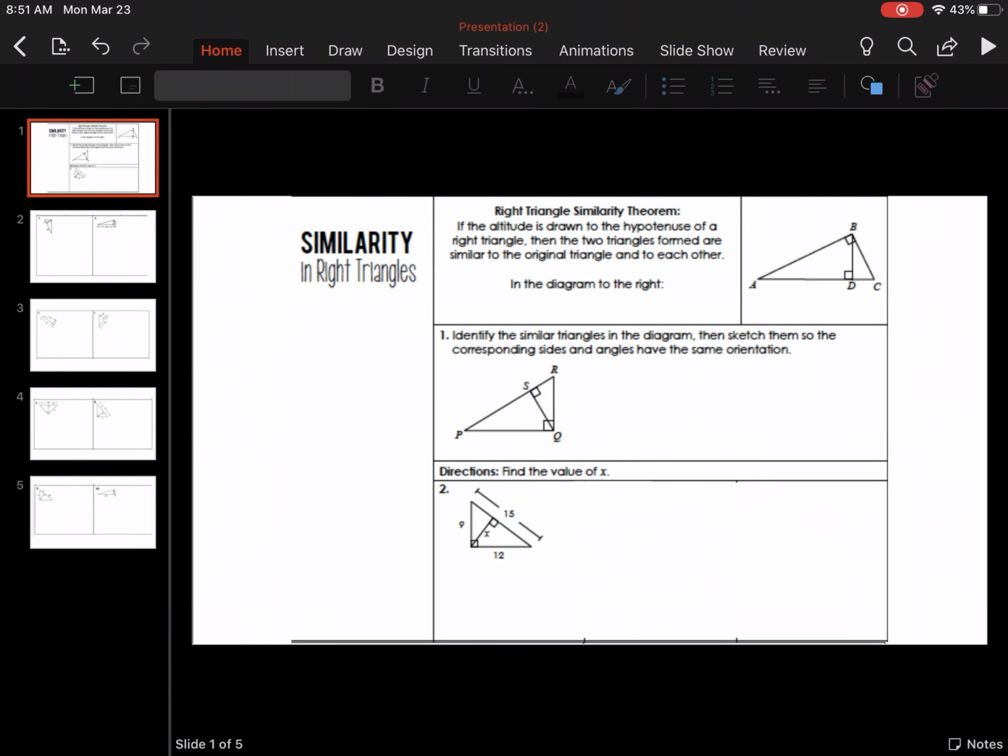All right, so here's the next lesson. It's similarity in right triangles. Some places it's known as mean proportional. So if you want to look it up for another video explaining it, you can do that. So pretty much what it says is that if you start off with a right triangle,